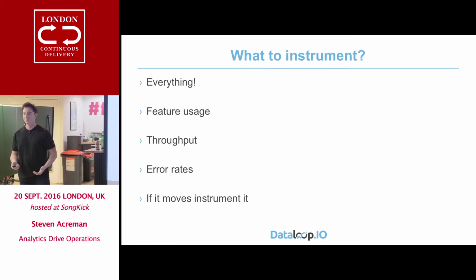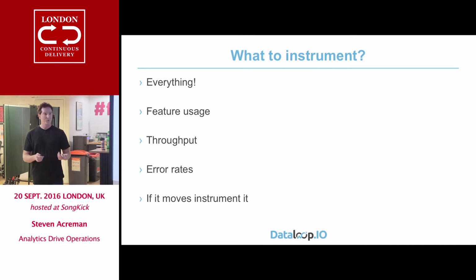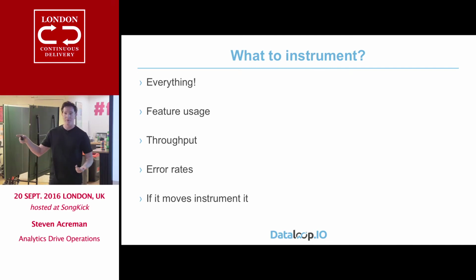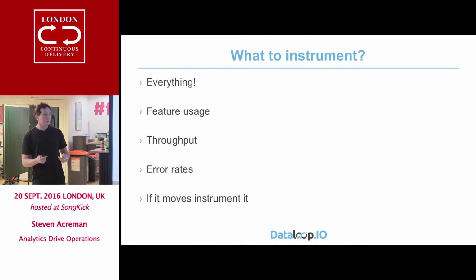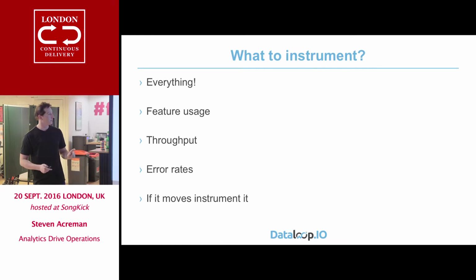So what would you instrument? Everything. It's pretty lightweight, isn't it? Why not? It's pretty cool for instrumenting features. So if you're ever having a talk with a product owner and they're saying, oh, we must embellish this feature, you can turn around and go, well, actually, nobody's ever used that in the whole life of the product. Here's a graph showing 0, which is quite nice. Throughput is really good for that. So now you don't have to go in and start commenting out lines because you're generating too much traffic. Who cares if that counter goes up really quickly? It's just a number. You get 64 bits worth.